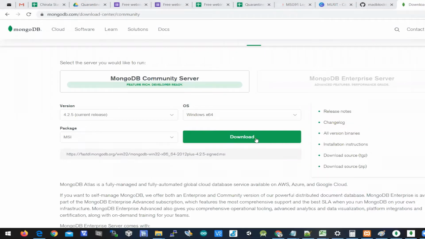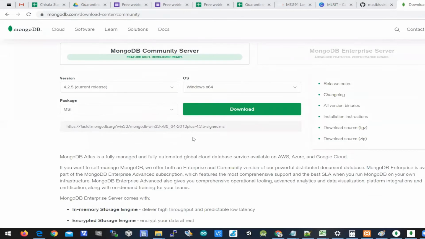When you click on download, this .exe file, the setup file of the MongoDB server, will get downloaded. It will be 263 MB. A 263 MB file will be downloaded when you click on the download button. After downloading, you can install the MongoDB server.